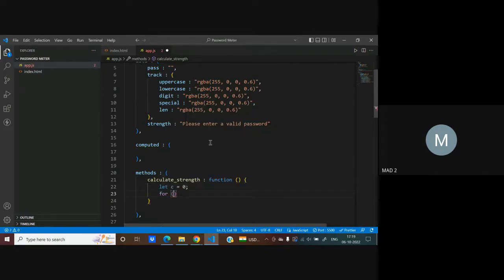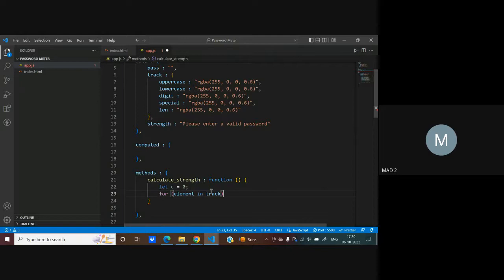And we'll iterate over this track array. So I'll say element of. This time I'm using of, I can even use in, but you can use anything you want. So of is going to iterate over what, keys or values? So this is an object, sir. Object by itself is not iterable, as was mentioned in the lecture, right? So in this case, I think it is necessary for us to use in, or otherwise we can use the object.keys or object.values method. Correct. So I think I should directly be iterating over the keys here. Keys, yes. So element in